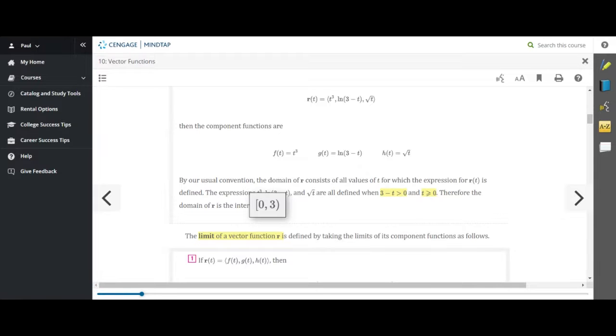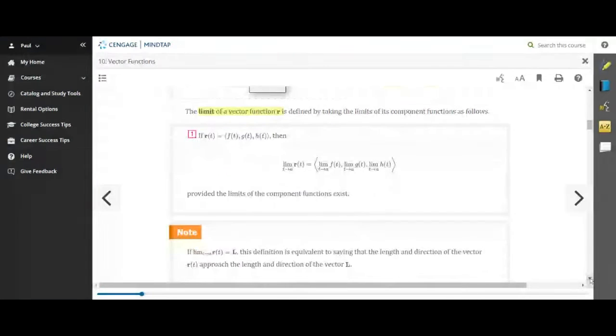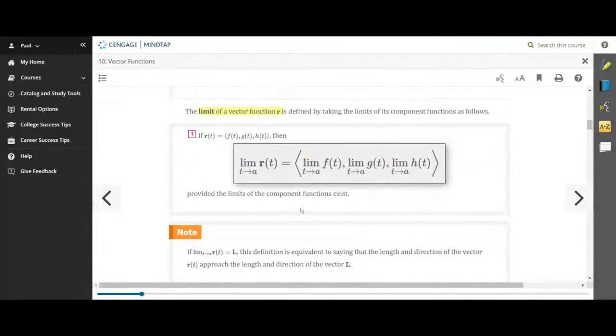Okay, let's continue on. So, of course, a vector function can have a limit as t approaches a number, so long as the 3 components of the vector function also have limits. I mean, it makes sense. If we, for instance, look at this second example,